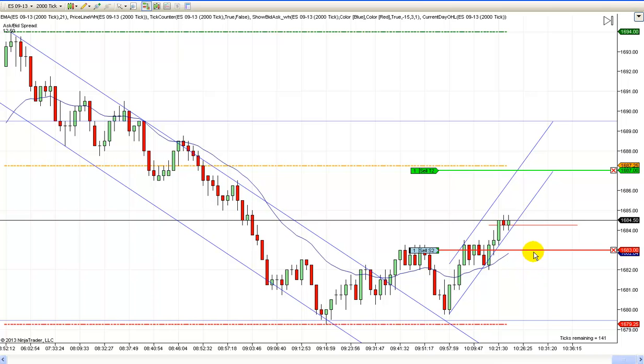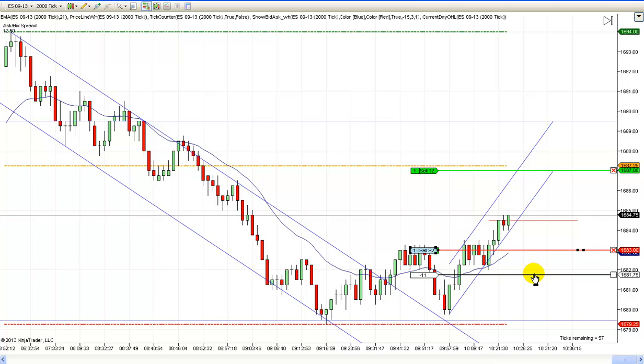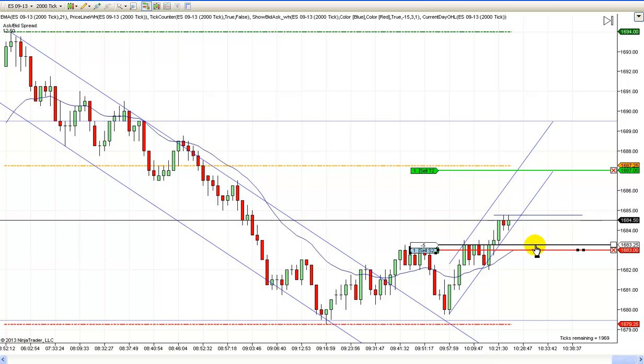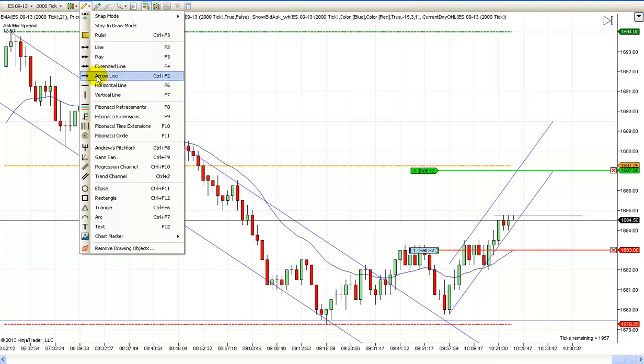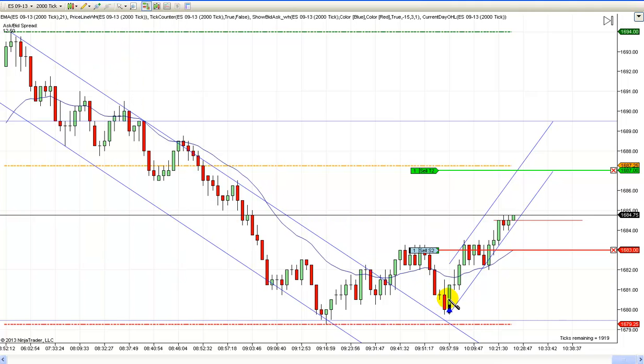You could use your entire scalp to give you a little room to try to catch it and move it down here. And if you still don't lose any money, you may lose your commission or whatever, depending on how much room you give it. Or you could give it break even +1. I could go ahead and tighten this to 1 tick below that. There's just different ways you can manage your stop after that point. The critical part is getting scalped out and getting to at least a break even on the entire trade. But if we just get a measured move off of this,